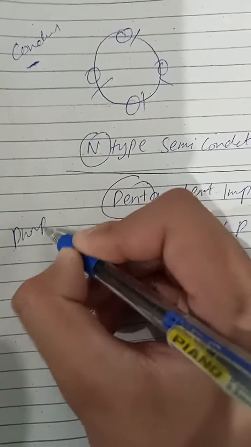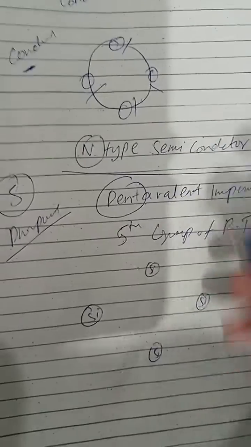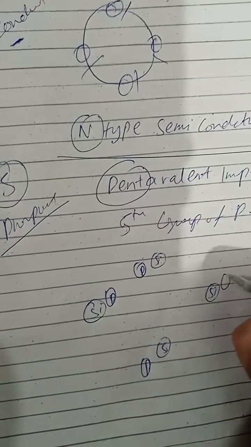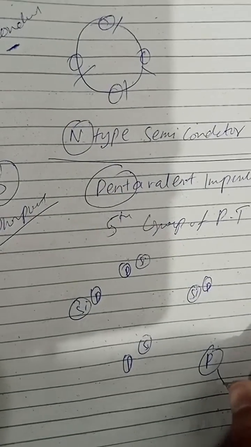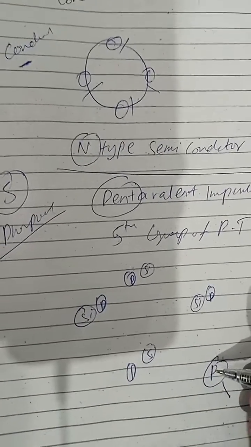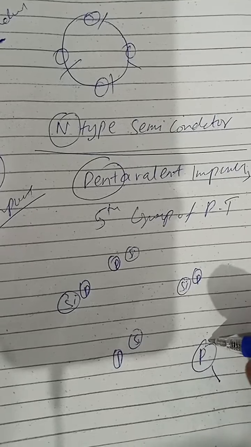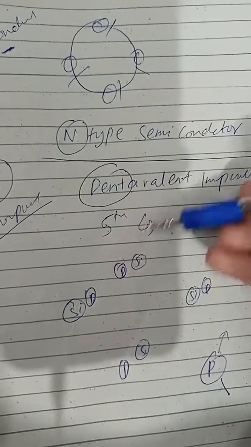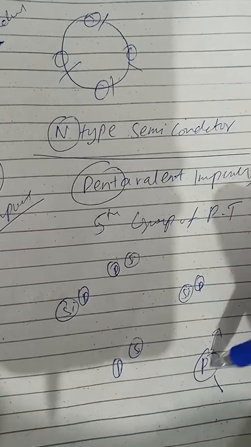So phosphorus obviously has five electrons in the upper shell. If we add them here, like here's the phosphorus, here's the phosphorus, here's the phosphorus, and here's the phosphorus, one electron will be left over, which is in the conduction band. It will be there for conduction actually. So phosphorus is acting as a negative substance because it gives an electron. And the N type semiconductor has negative carriers. So one electron is actually there.